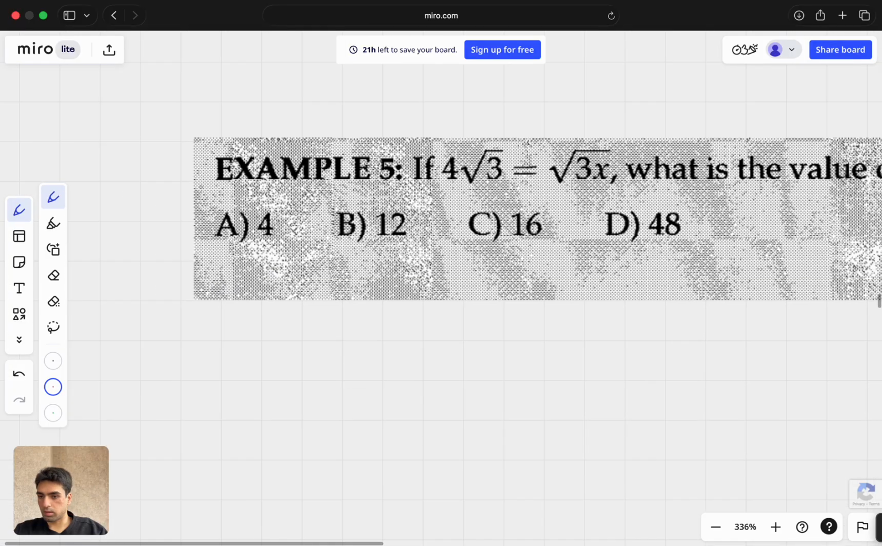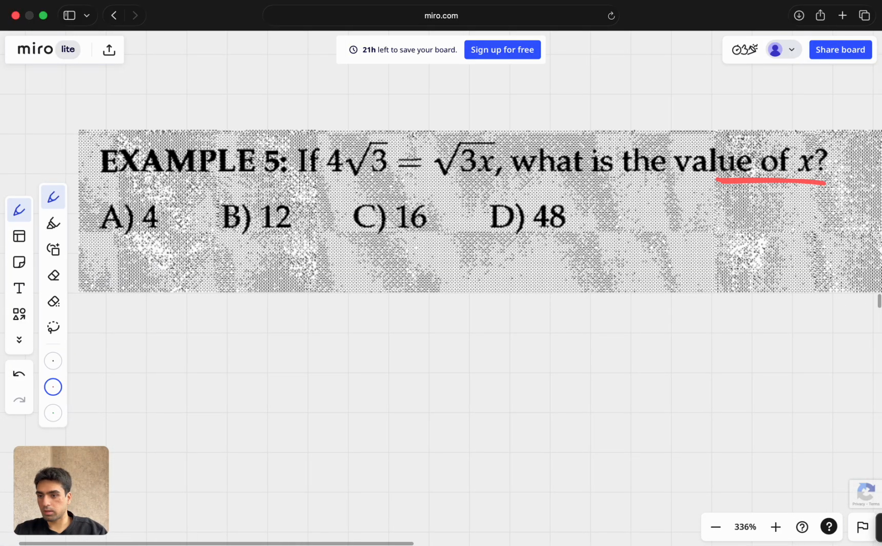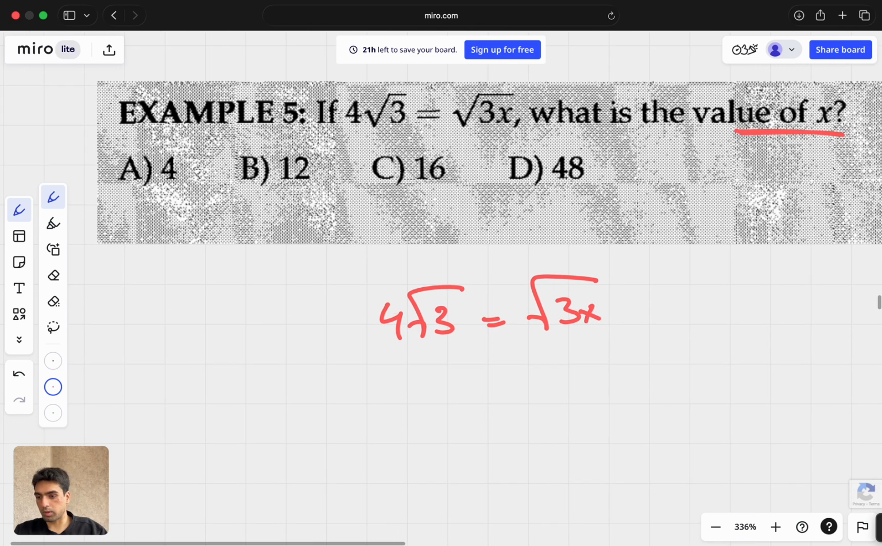Alright, next. What's the value of x? We have roots. Anytime you see roots, it's always best to square them to get rid of them. So 4 root 3 is equal to root 3x. Square both sides. If you square both sides, you will get